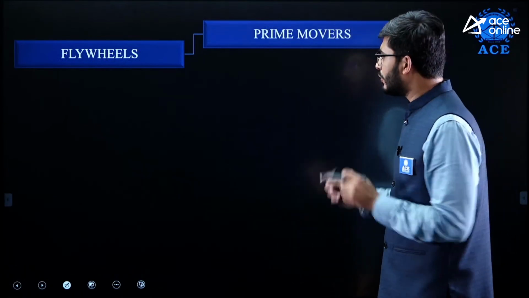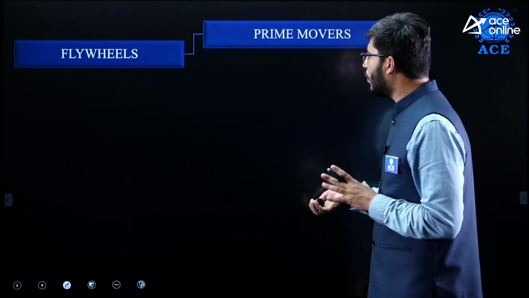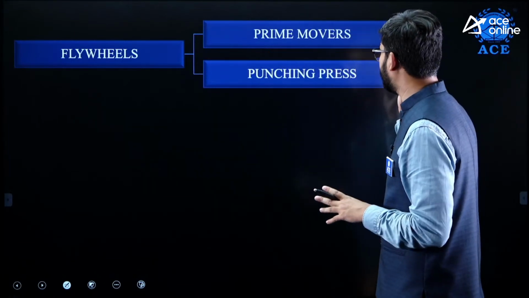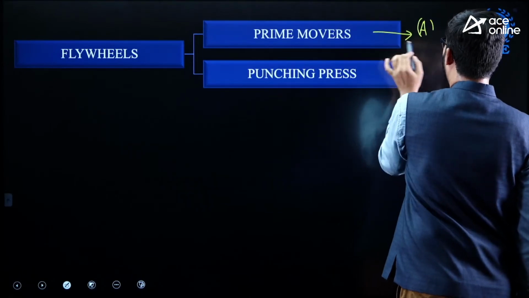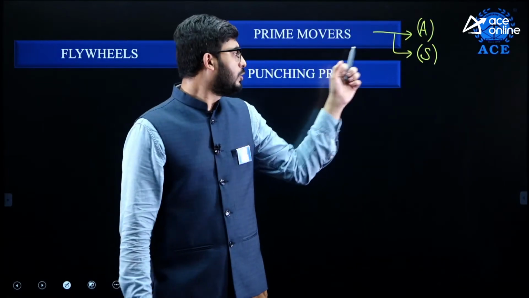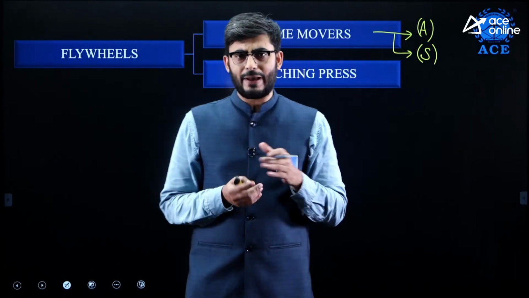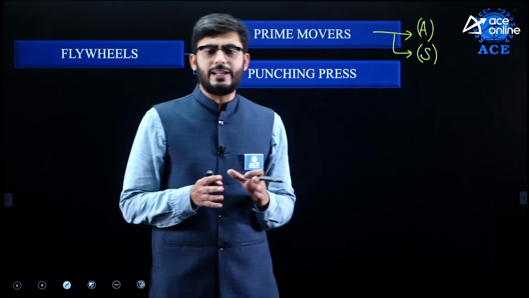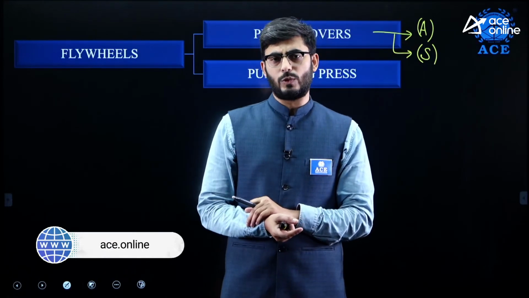Next one is flywheels. We'll be seeing the application of flywheels for 2 different things: one is prime movers and next is punching press. In flywheels, in the prime movers part, we might have a question based on either application or synthesis. Application of formula means here we are going to deal with the maximum fluctuation in kinetic energy. That is the most important parameter while we are studying flywheels, and sometimes the torque and crank angle diagram will be given to us.